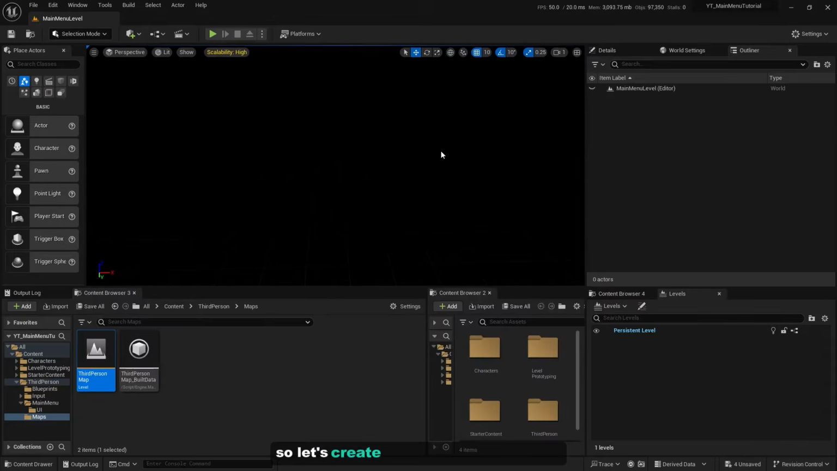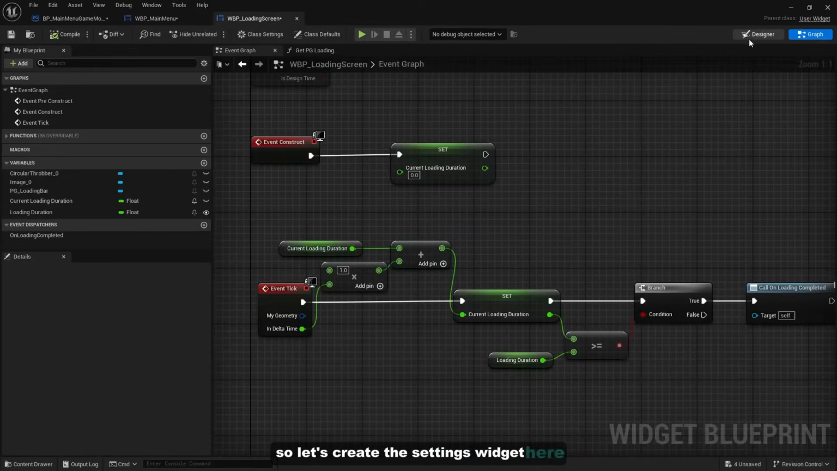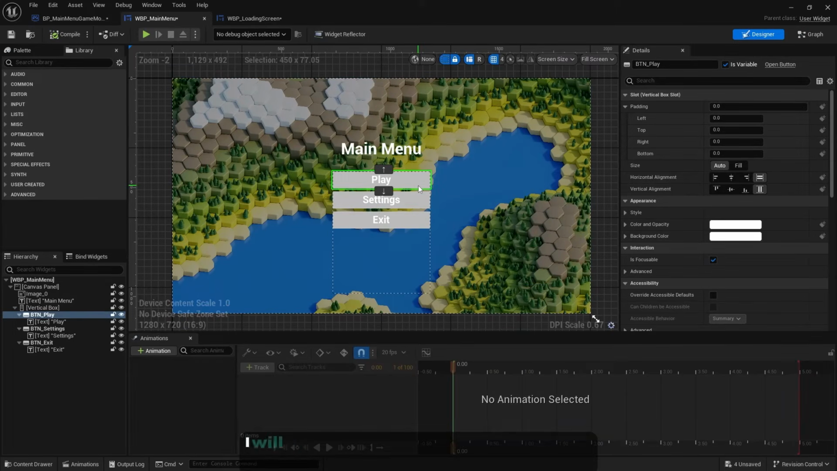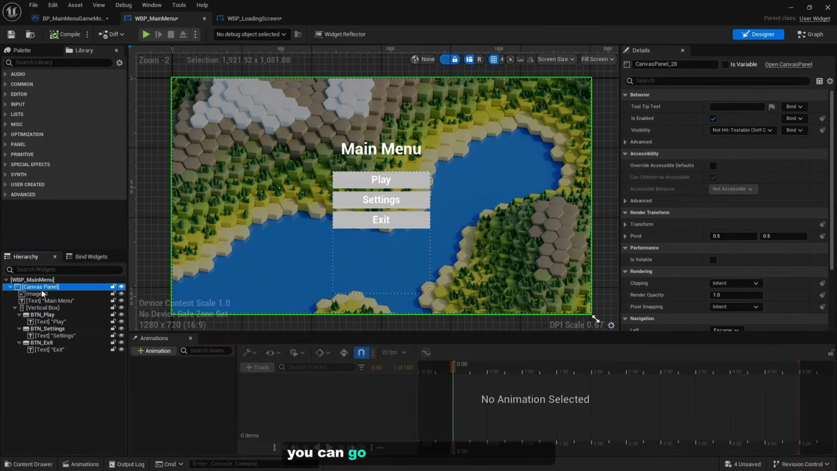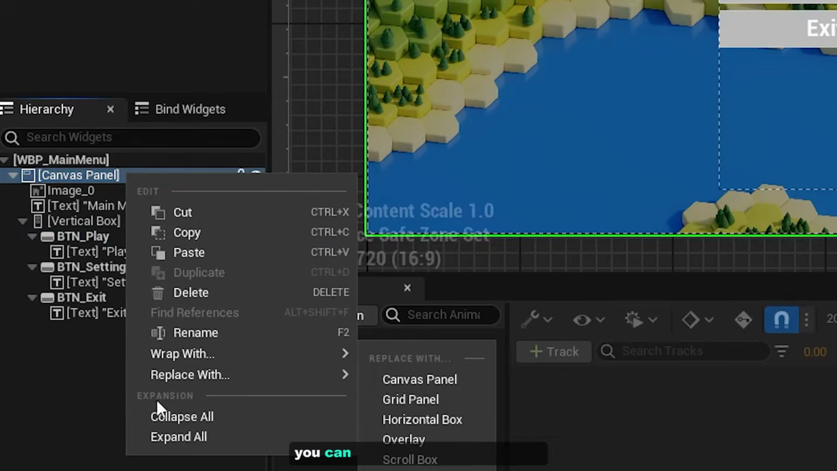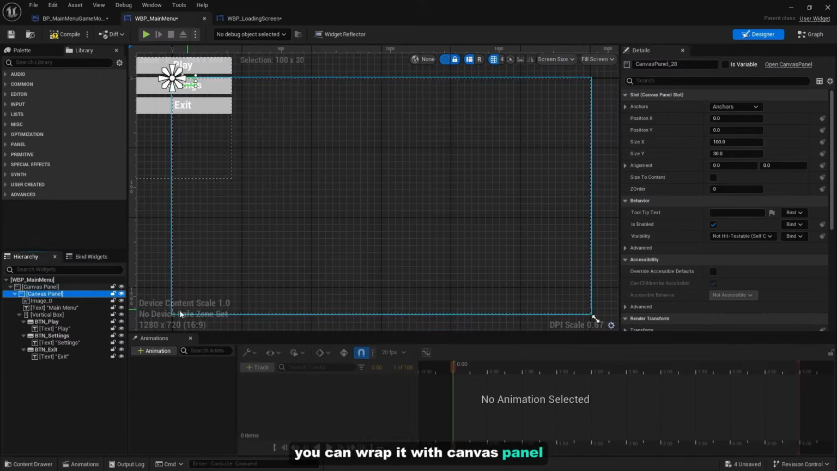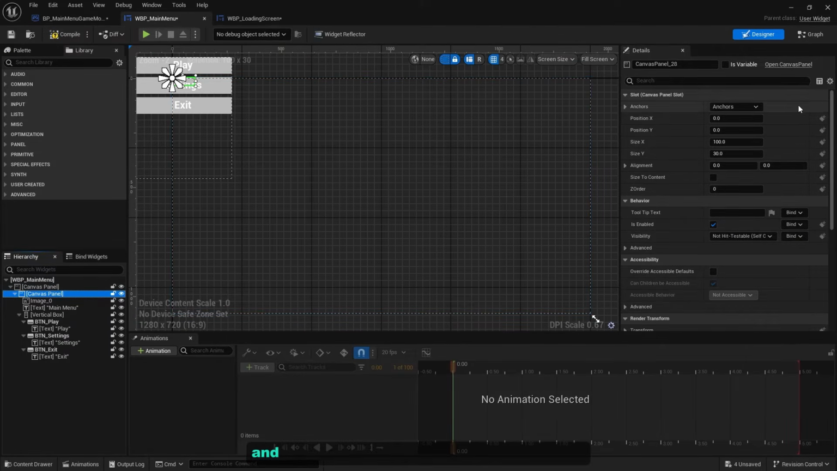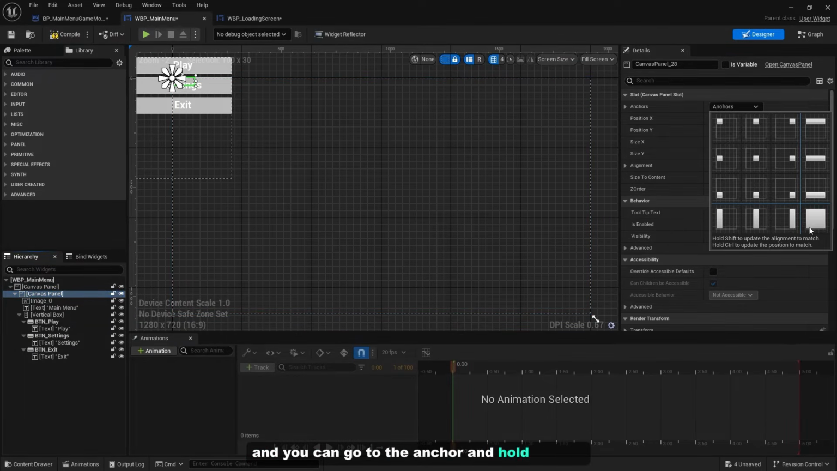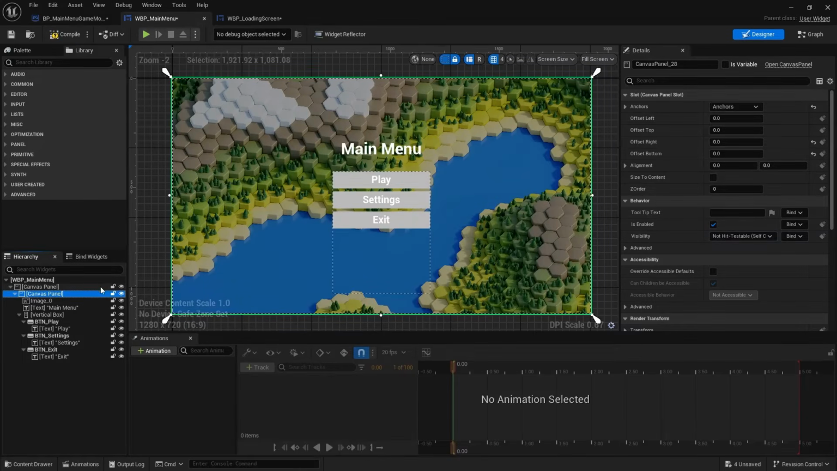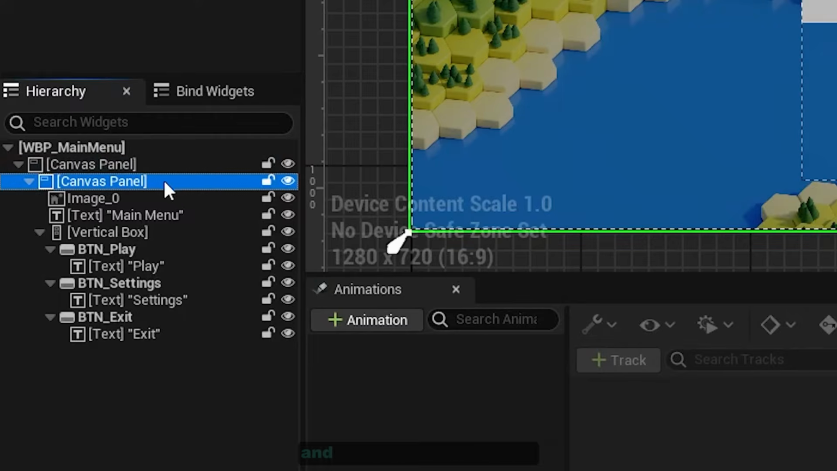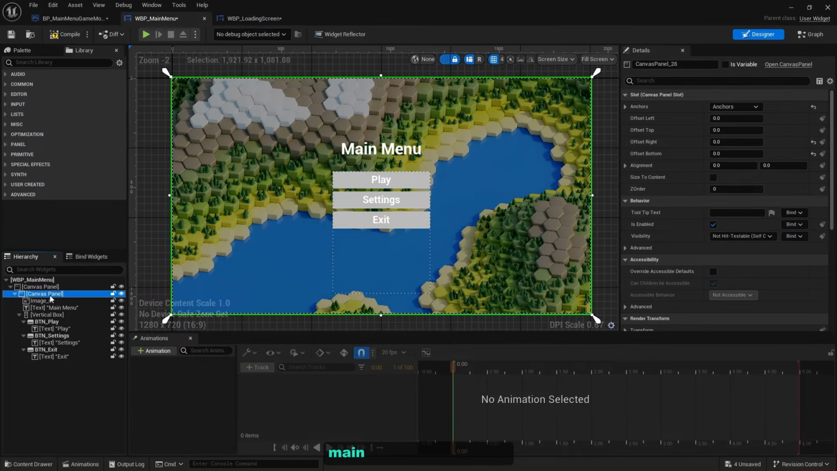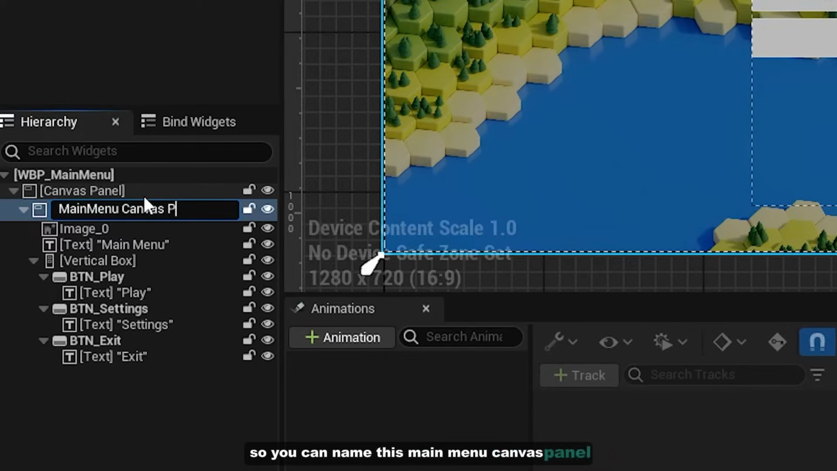So let's create the settings widget here. I will be introducing you to the widget switcher panel. You can go into the canvas panel here. You can wrap it with canvas panel, and you can go to the anchor and hold control and go into the full screen here. Now this will be your main canvas panel here, and the second one will be your main menu canvas panel. So we can name this main menu canvas panel,